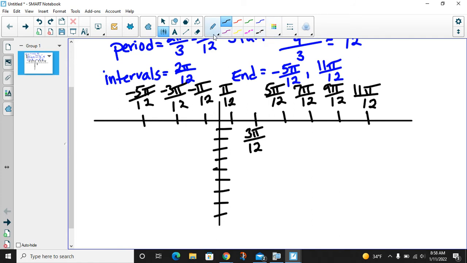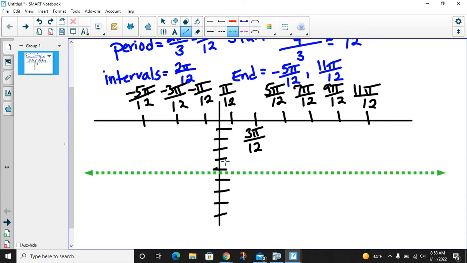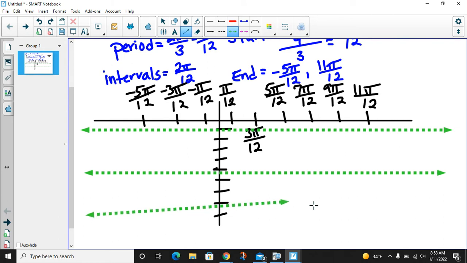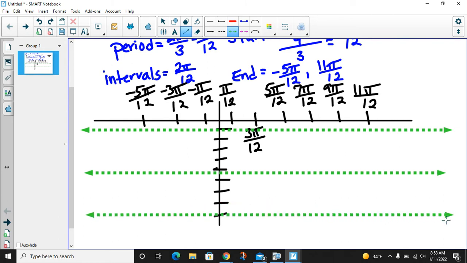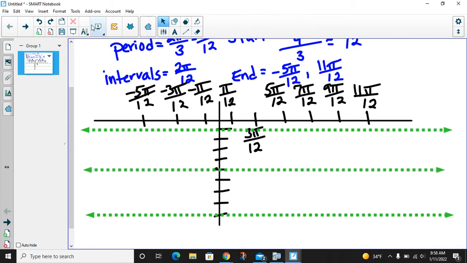All right, so of course, our dotted lines will be at our baseline of negative 5, and then up 4 to negative 1, and then down 4 to negative 9. Fix this one a little bit here. All right, now